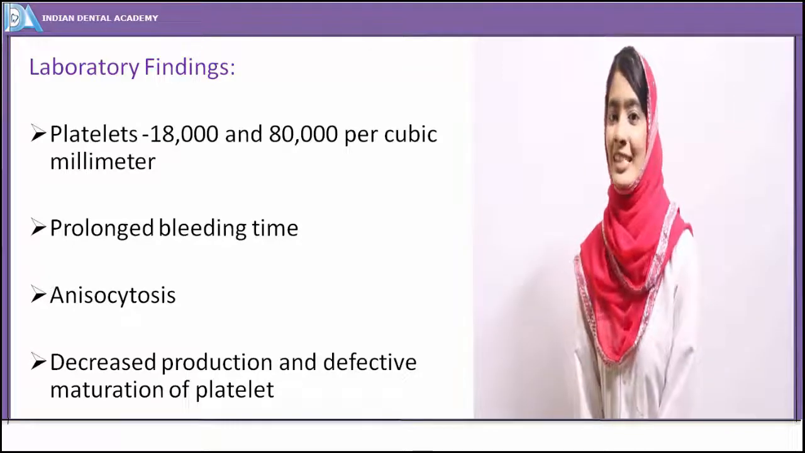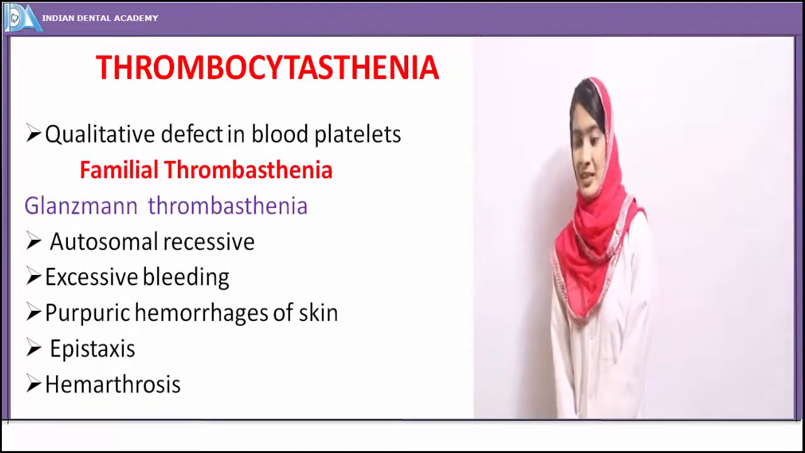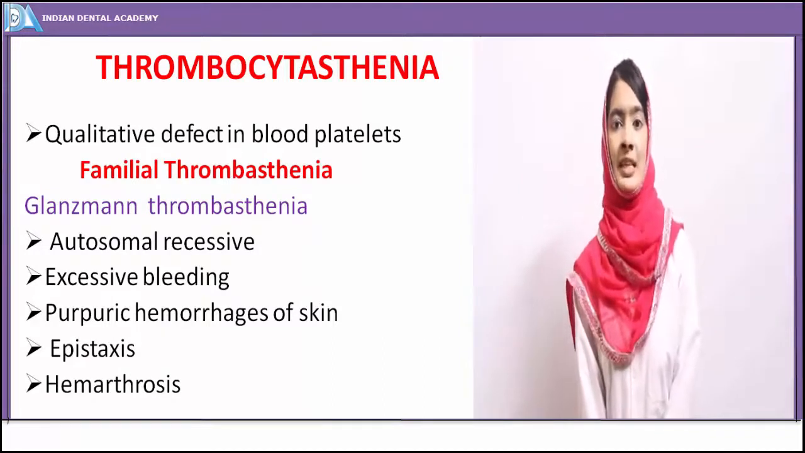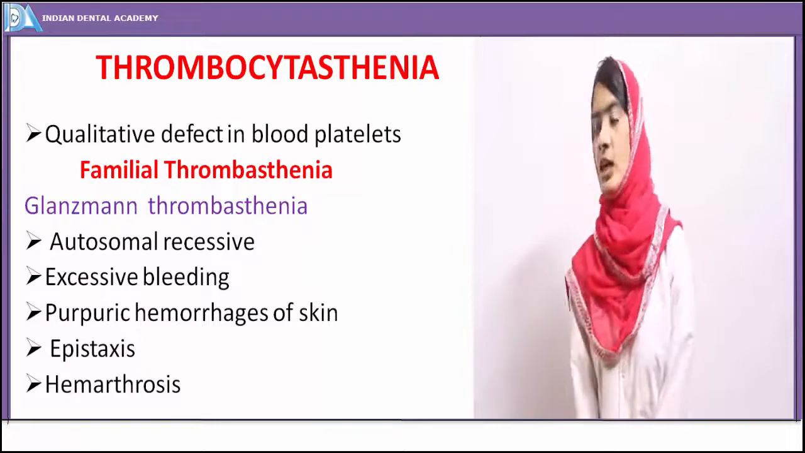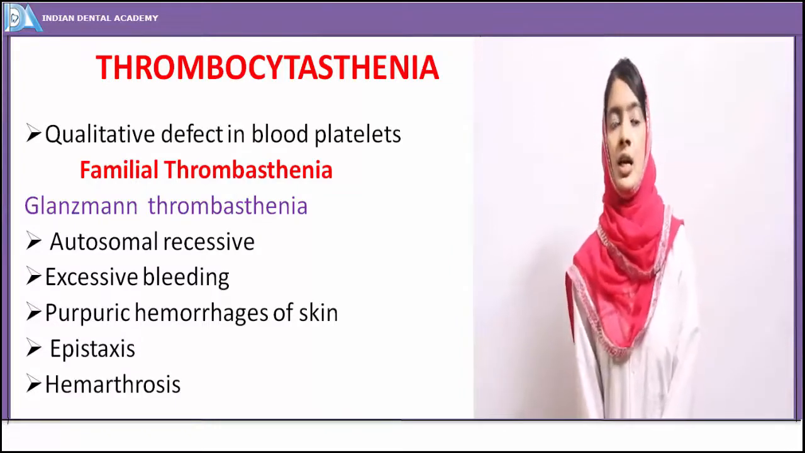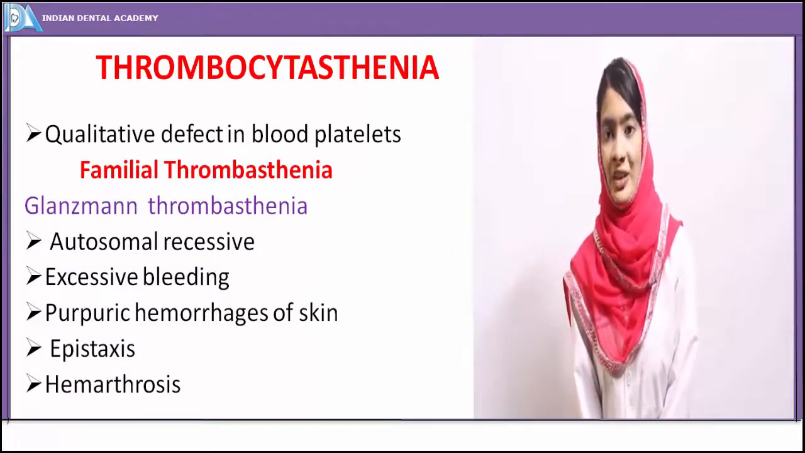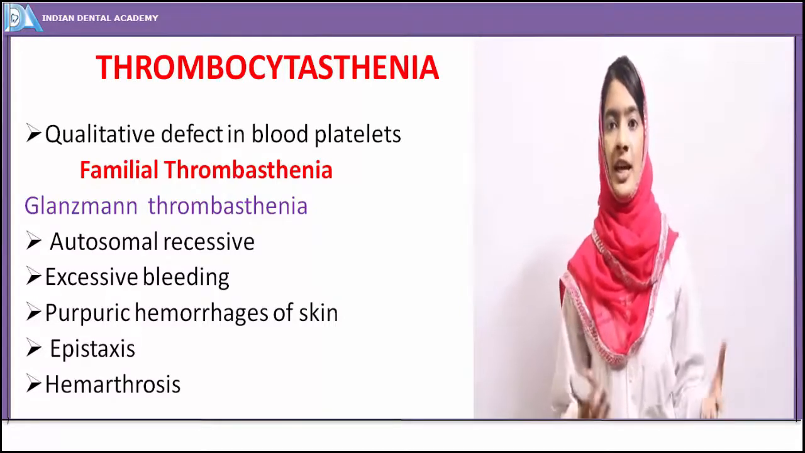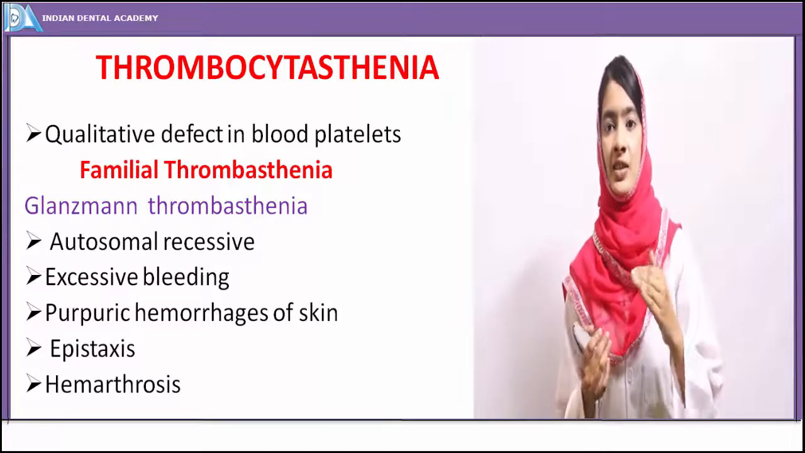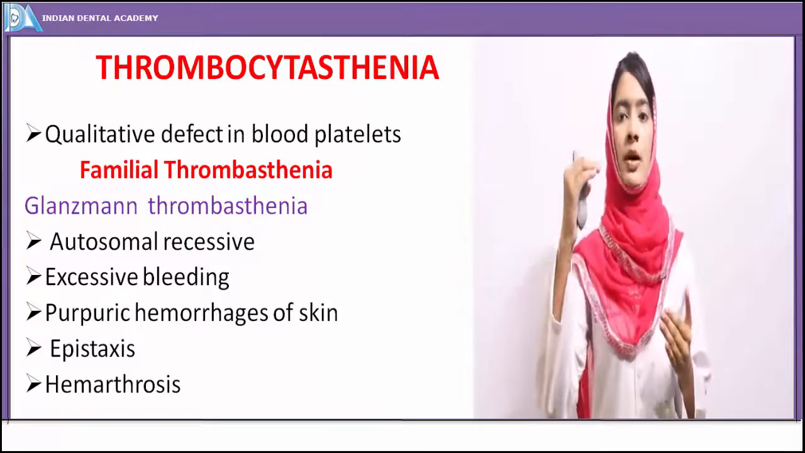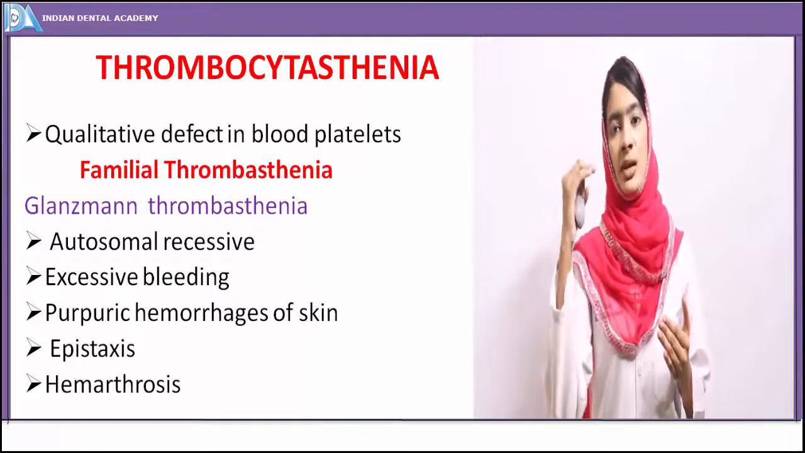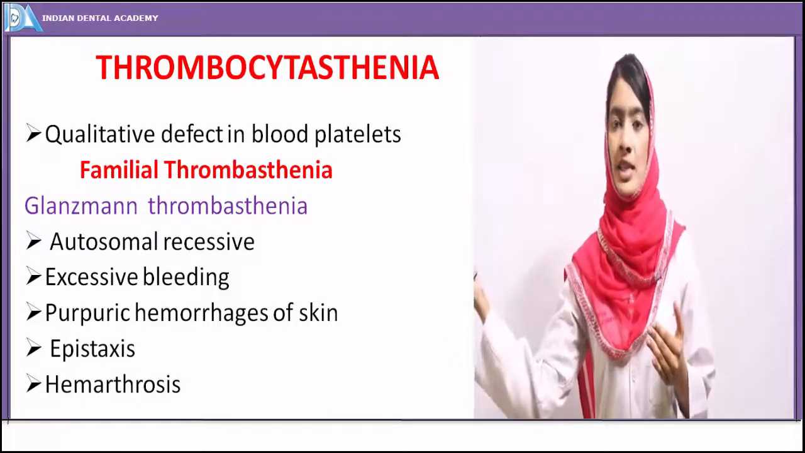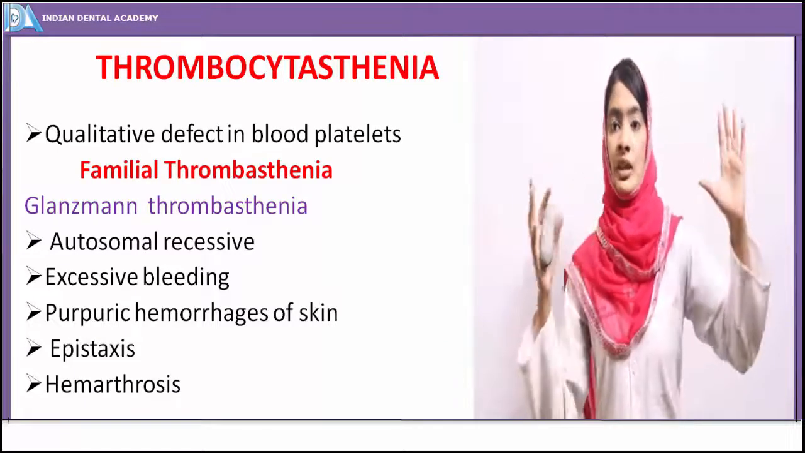Okay. Now we'll see the other defect, other disturbance in the blood platelet, that is thrombasthenia. Thrombasthenia is nothing but a qualitative defect of blood platelets. Till now we have seen thrombocytopenic purpura. It is actually the quantitative defect, that is, the reduction in number of blood platelets, whereas thrombasthenia is nothing but a defect